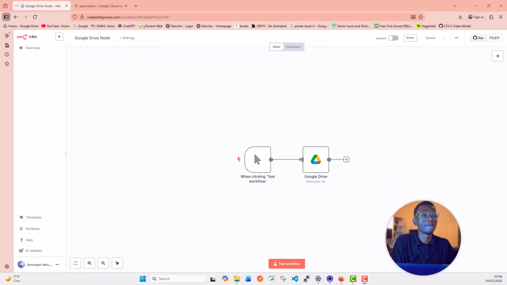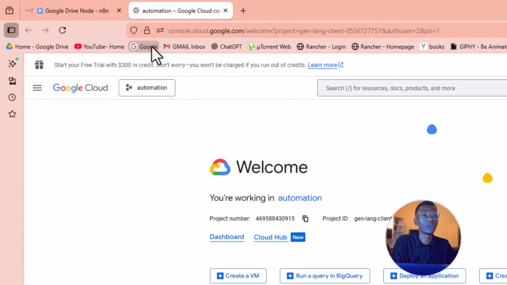If you've used N8N before, then chances are at some point you would want to access your files inside your Google Drive. In this video, I want to show you how you can connect the Google Drive node inside N8N. So let's get started. The first thing that you need to do is to head over to